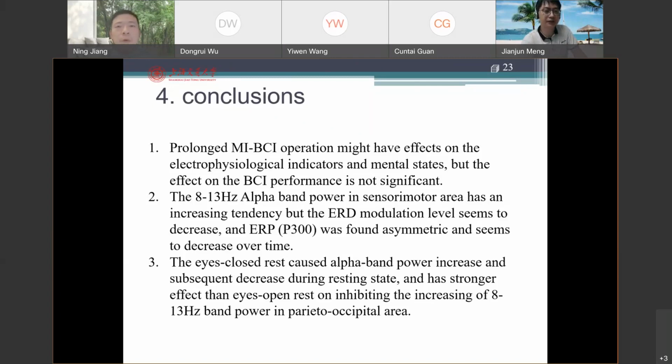In these kinds of populations, do you think the fatigue...